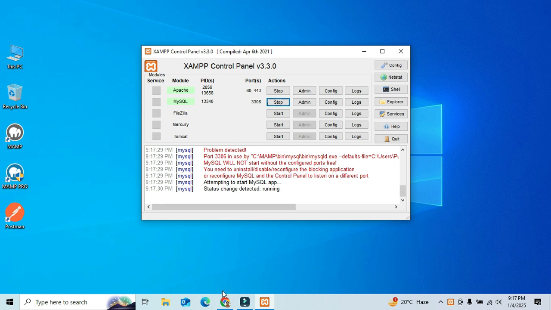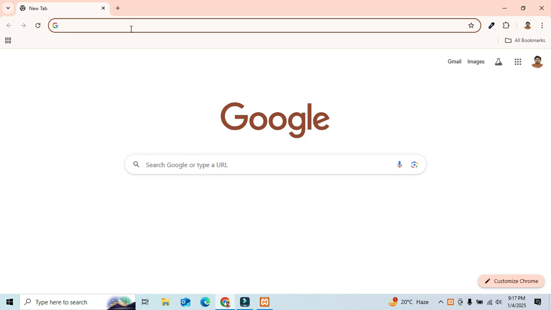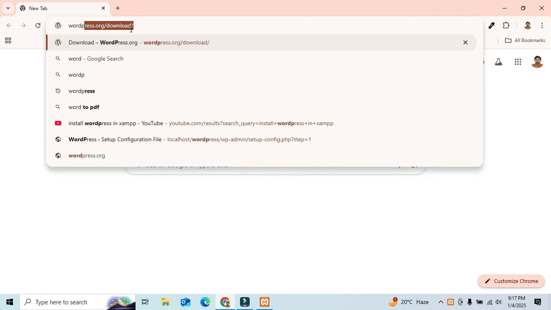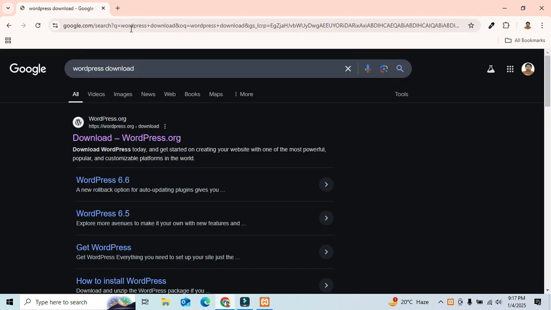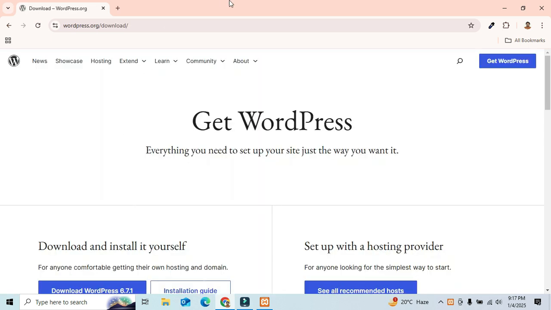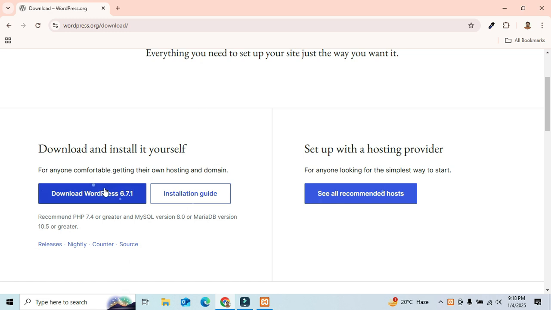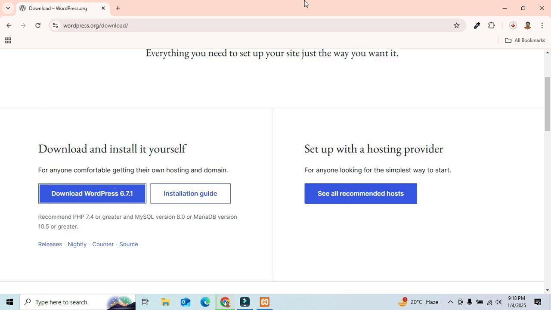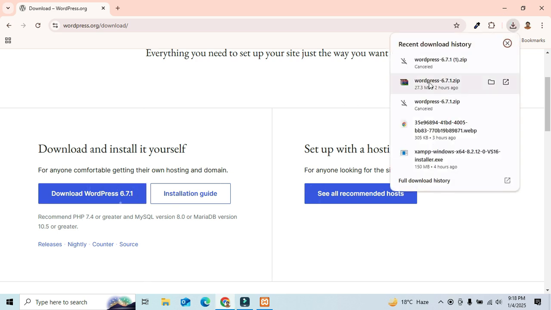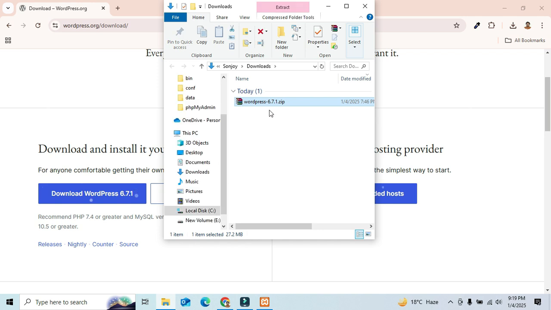So I will open my browser and will search WordPress download. I'll go wordpress.org and I will download this file. It will take some time, so don't worry. After the download complete, simply check it, open the folder, download folder,